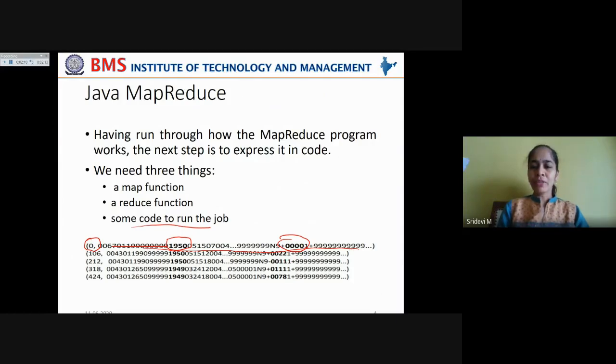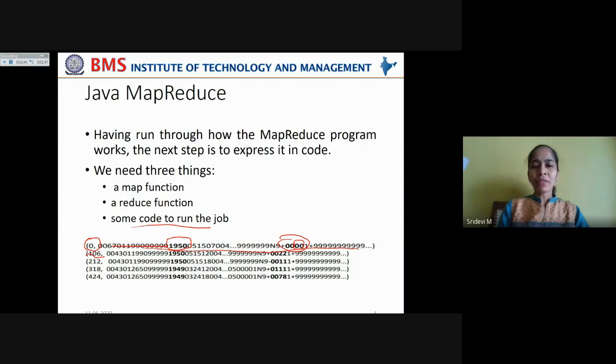The last part of this section, this particular substring, will give you the quality code, whether it is properly captured or not. And the two digits before the quality code will give you the exact temperature that is captured in that particular area by the sensor. Okay, so this second key value pair will have the key as the file offset again, that is, where this second input split is starting in the file, and then again the text data.